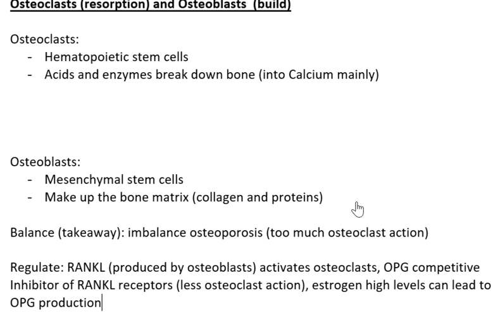Whereas here, I want you to just think about high levels of estrogen, where we have too much estrogen. Unlike testosterone, which even at high levels leads to more bone breakdown and more bone production, estrogen at high levels actually inhibits the inhibition of bone breakdown. So OPG is the inhibition of bone breakdown, and high levels of estrogen inhibits that. So it's like the two cancel out, leading to normal levels of bone breakdown,